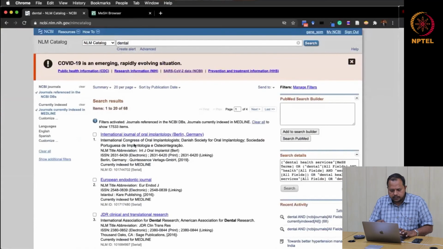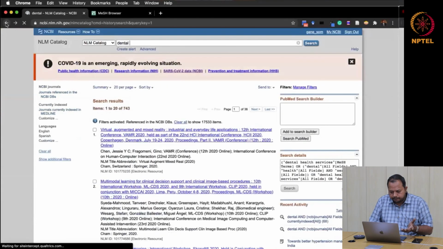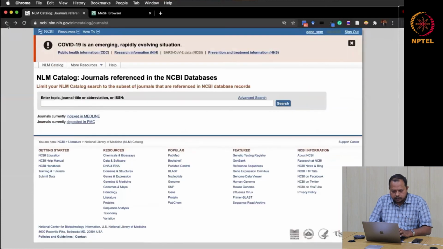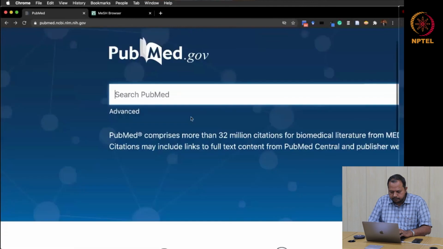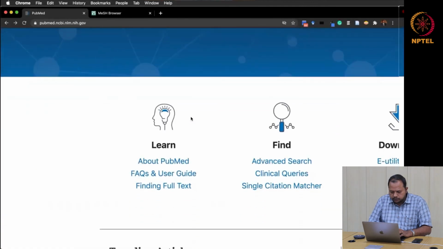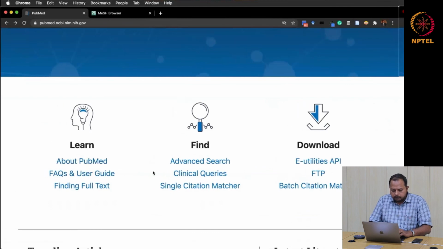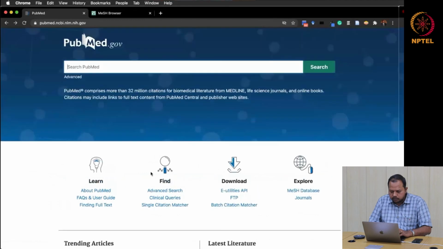Please play around all these things. If you want to know more about the search and everything, they do have a separate page of learning that how to search in PubMed and everything. These are all the tools which is available. Now you can see user guide for PubMed, how to do that, and how to do a single citation matcher. Everything is available in PubMed landing page. Please explore. There are many tutorials are also available.